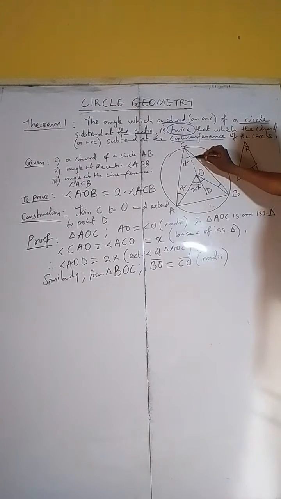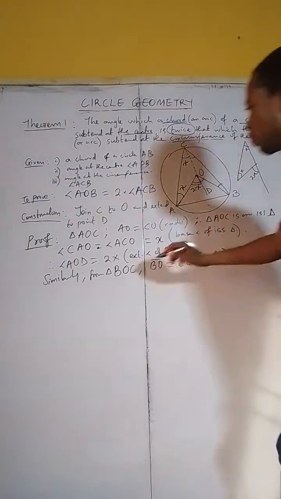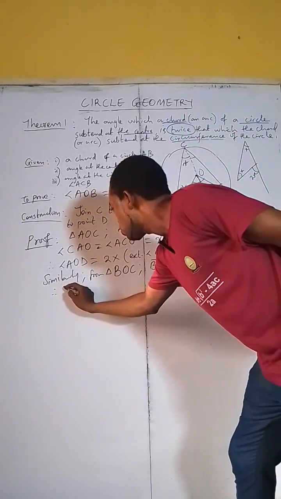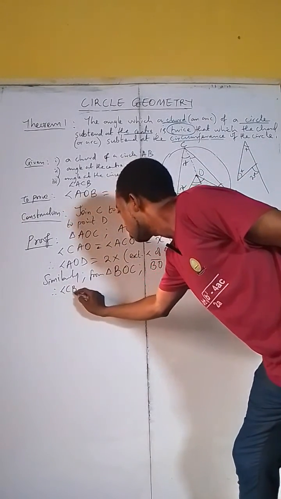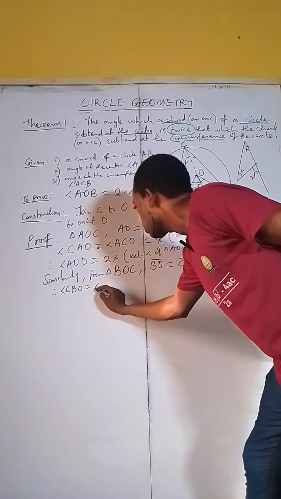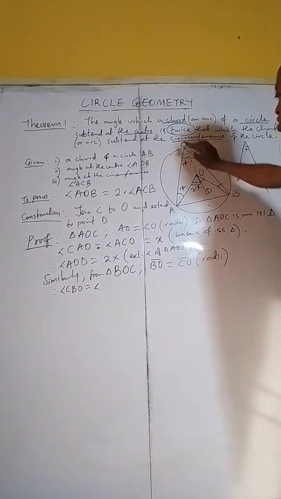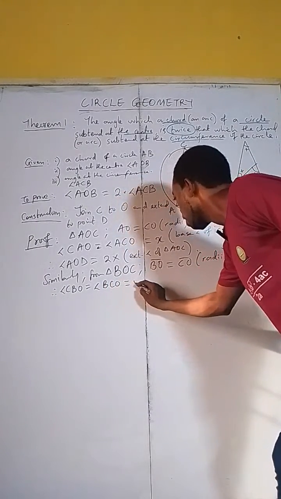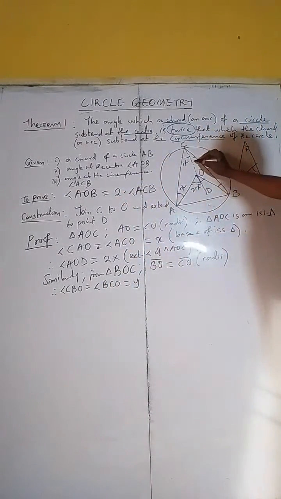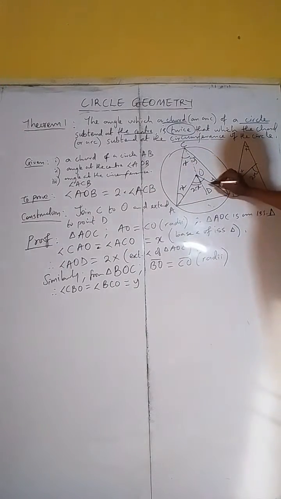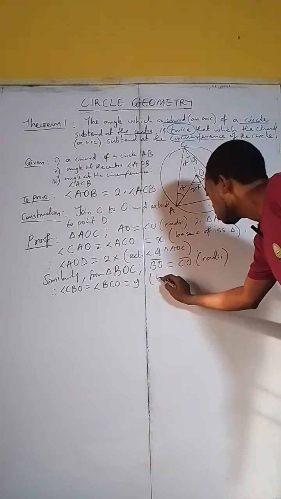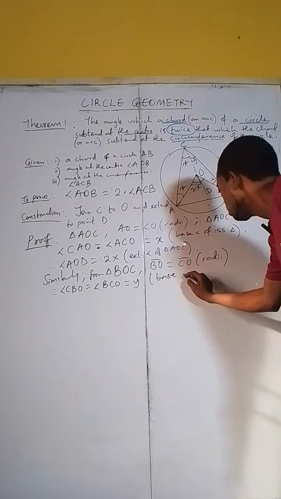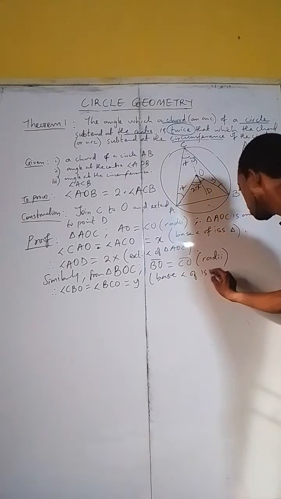So this angle is equal to this angle, which means we can say angle CBO is equal to angle BCO. And let's call it Y since they are equal. So that's base angle of an isosceles triangle. Then from there,